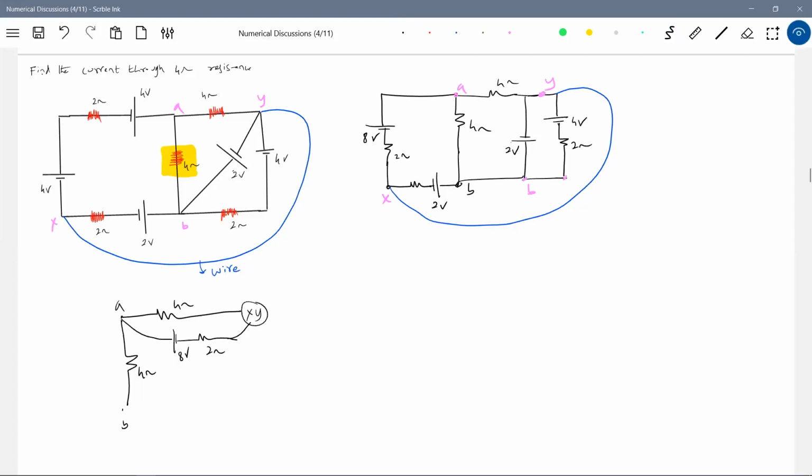And what to do? Can I do any replacement? Just now you have seen what is the effective potential difference YB. It will be minus 2 volt only. What is the effective resistance? It will be 0. So I should replace everything with one cell. With only one cell, I'll take some other color.